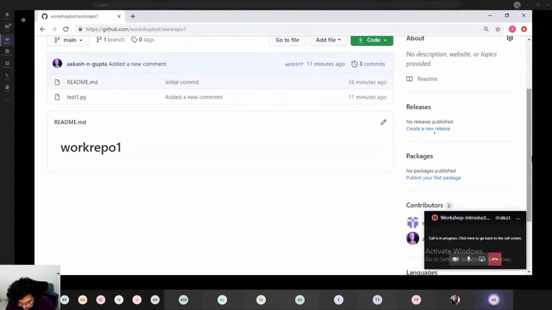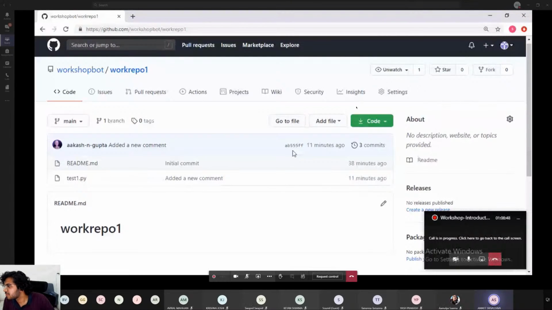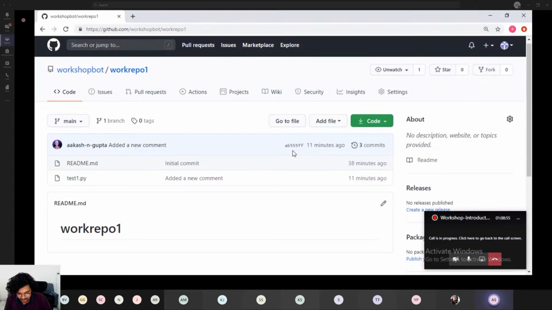But assume you are working on a project in, say, a company, and in the same file you need to make two changes, or there are two people, you and your friend, and you have to make a few changes. You have to work on a different function, and your friend has to work on something else. So it's better to create two different branches to work separately, and after some time you can merge those branches into the same project.